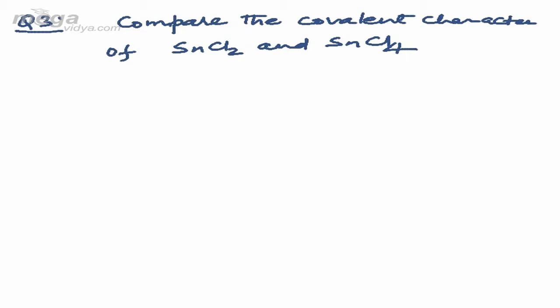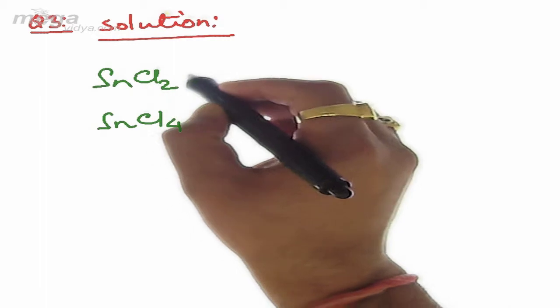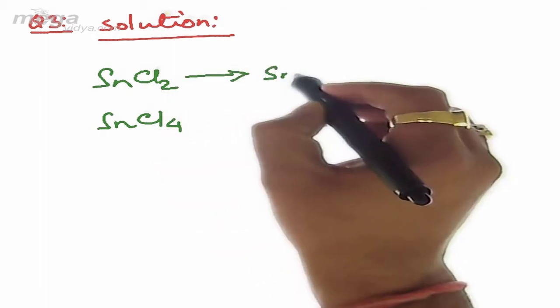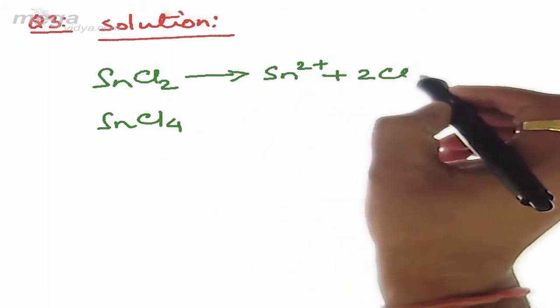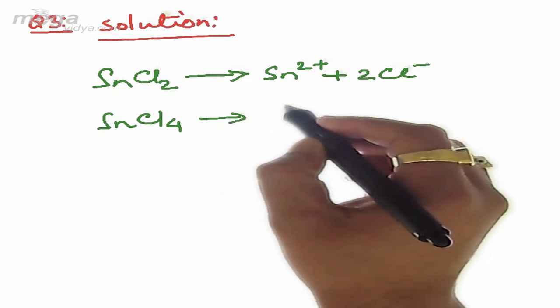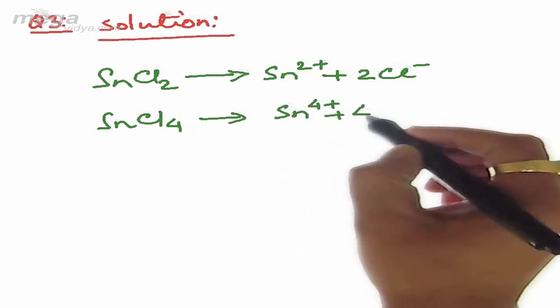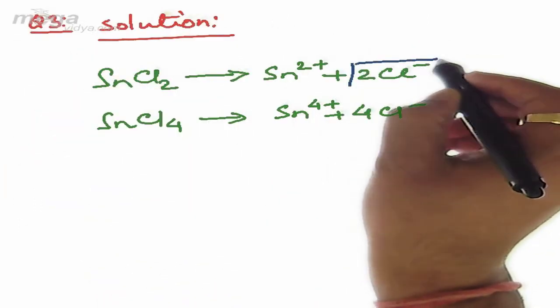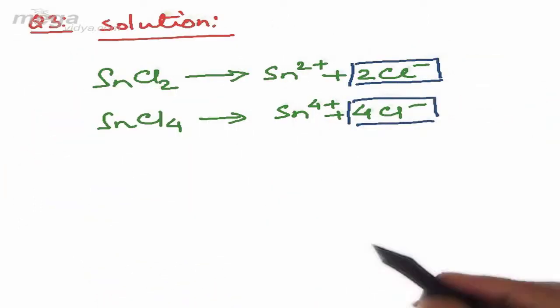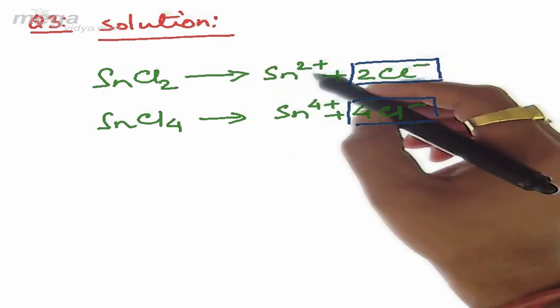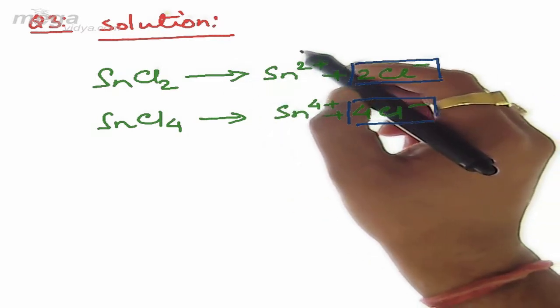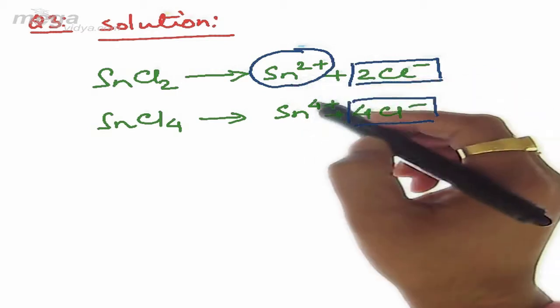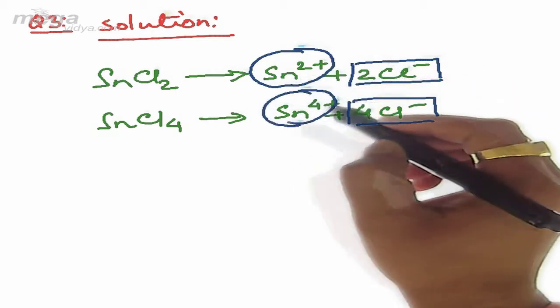So in this question, we have to compare the covalent character of SnCl2 and SnCl4. Now student, in SnCl2, we can write it as Sn2+ plus 2 Cl-, whereas for SnCl4, we can write Sn4+ plus 4 Cl-. In both the compounds, the anionic part is common, that is the chloride. But in SnCl2, the charge on Sn is 2 positive, whereas the charge on Sn in SnCl4 is 4